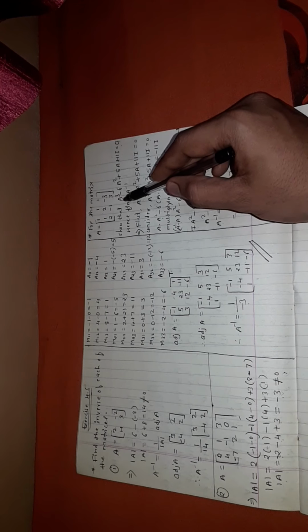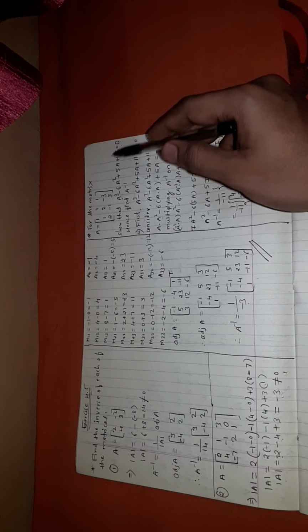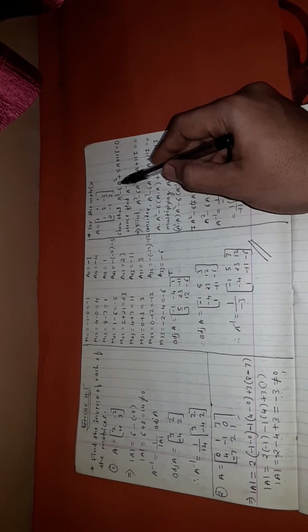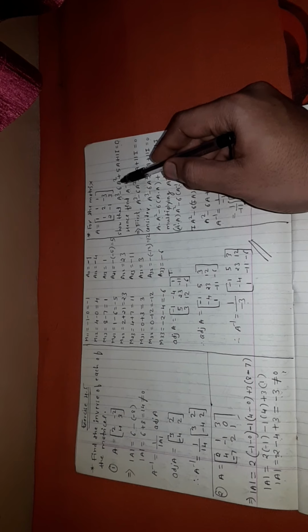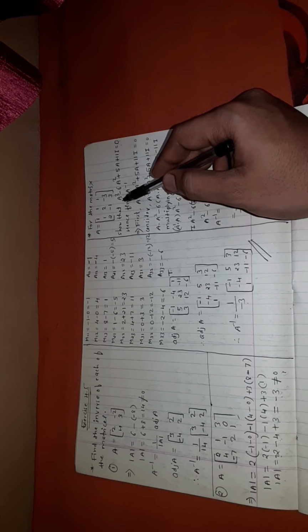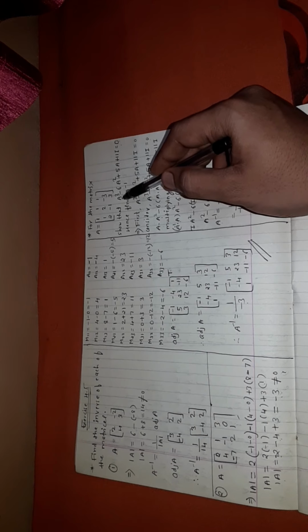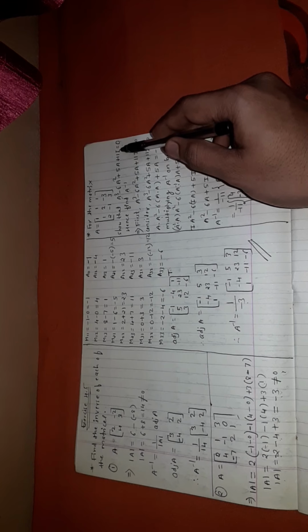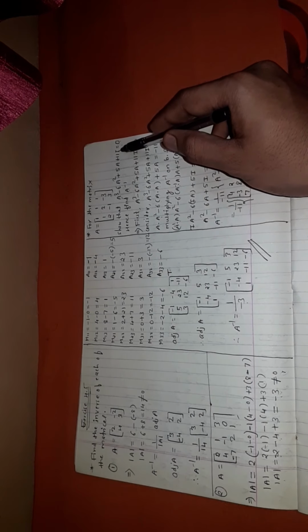first part you have to do it. A cube minus 6A square plus 5A plus 11I is equal to 0 matrix, we have to prove it. So in this, A cube is unknown, A square is unknown, 5A is unknown, and 11I is unknown for you people, right? So to find A square first, how to find A square? A into A. Once you find A square, then how to find A cube? A square into A, that you find. Then 5 into matrix A we have to substitute, 11 into I, the identity matrix, 1 0 0, 0 1 0, 0 0 1, that matrix you have to put, and after adding and subtracting all the elements of the matrix you should get the 0 matrix. Okay, that you find.